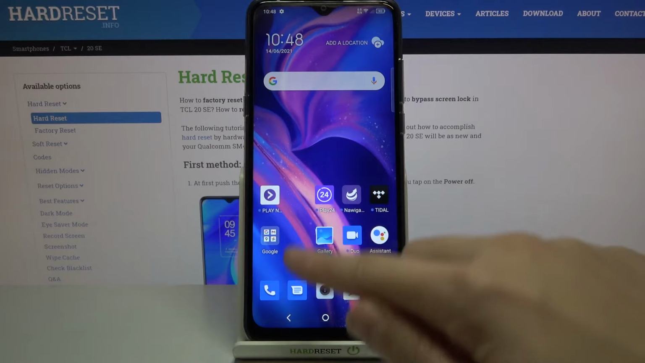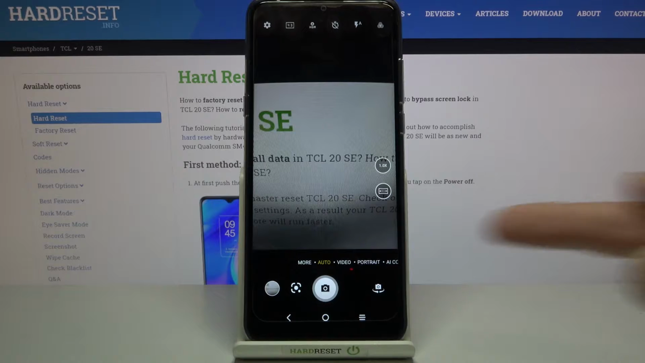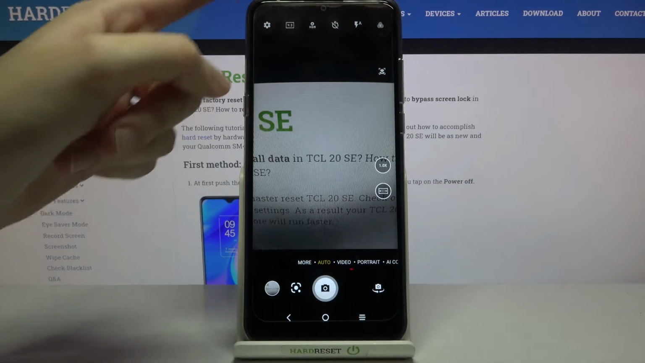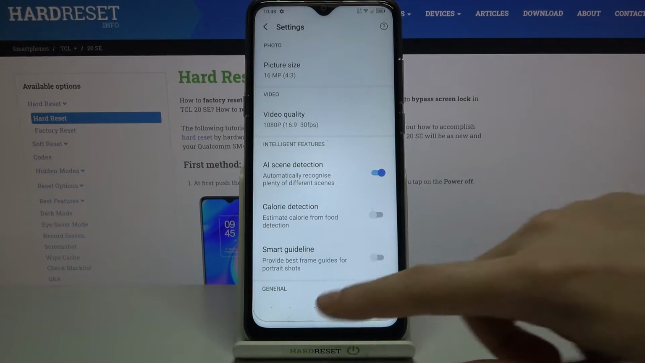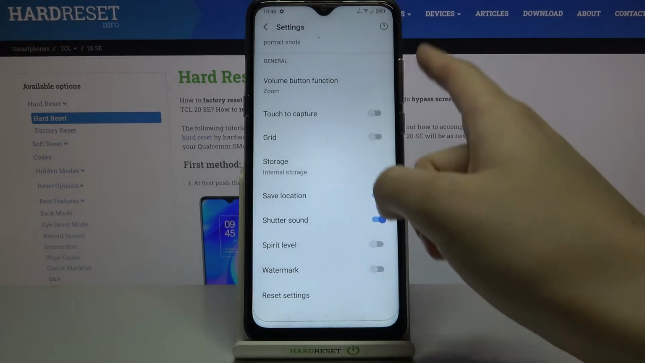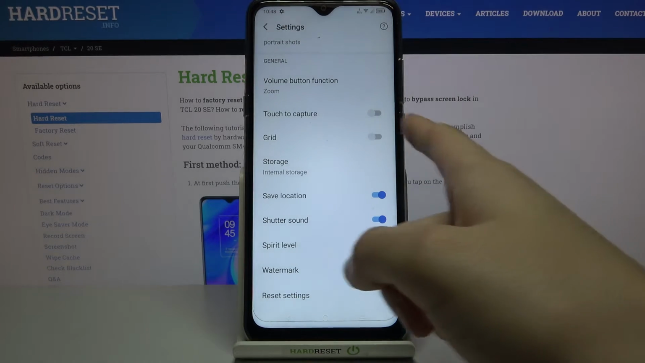So at first we have to tap the camera button to open it, and for now we are in auto mode. From here let's go to the left corner. When we tap this button we can open the advanced camera settings. Now let's slide a little bit down to the general category, and here at the third position we can see